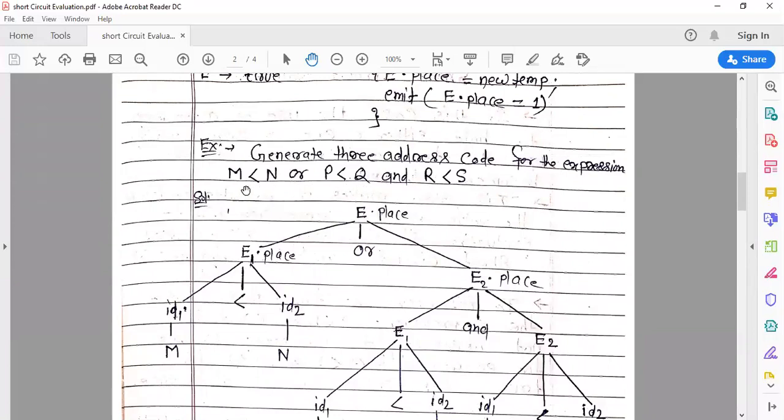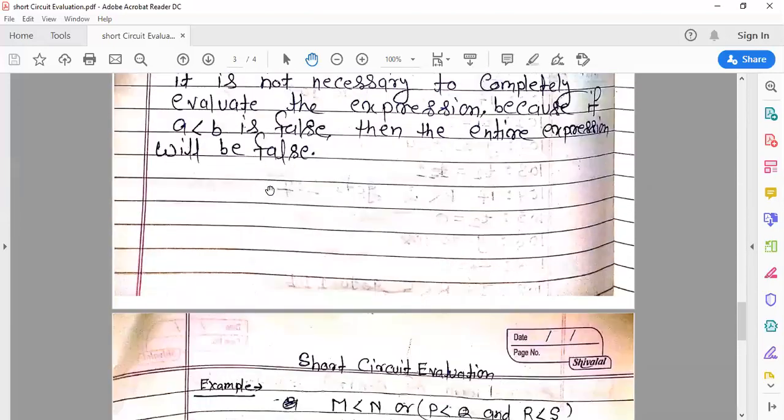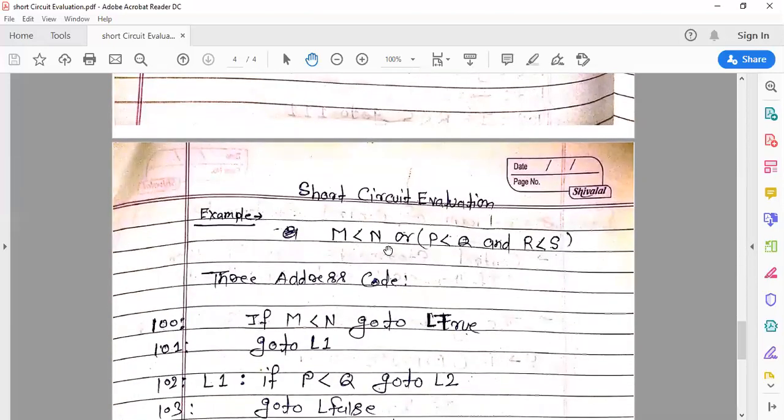Here I have evaluated all the expressions, but think about the short circuit code. Suppose if m less than n and here OR, and this is the expression, and this is the combined expression, p less than q and r less than s.